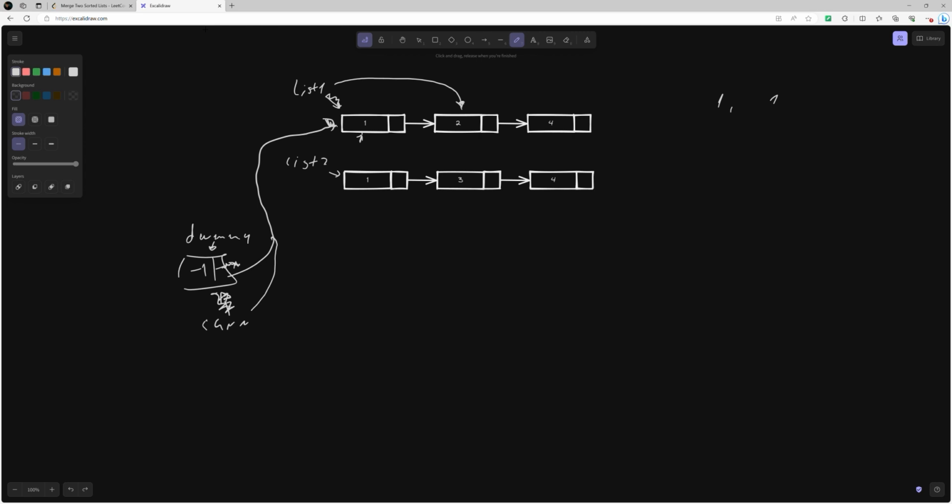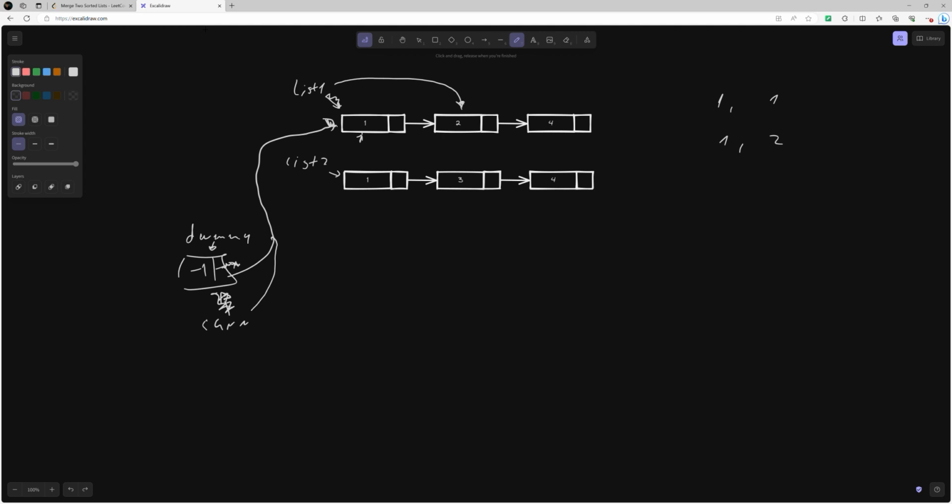In the next iteration, we continue this as long as both of the lists are valid, having any nodes remaining. In this case, the list 2 pointer is now pointing to a node with value 1, while the list 1 pointer is pointing to a node with value 2. We have 1 and 2. The node with value 1 is smaller, so our next element will be the first element from the second list. And to make it our next element, we will